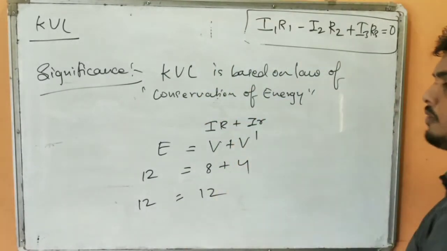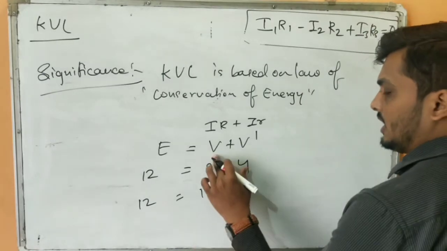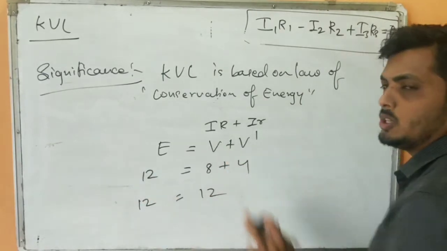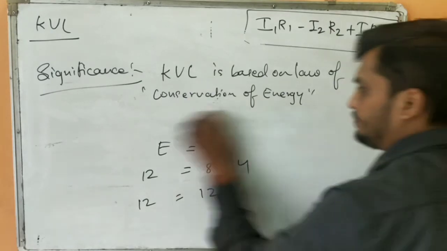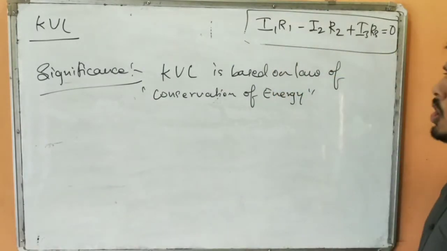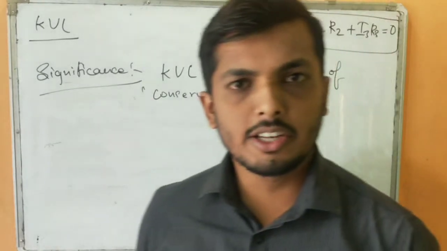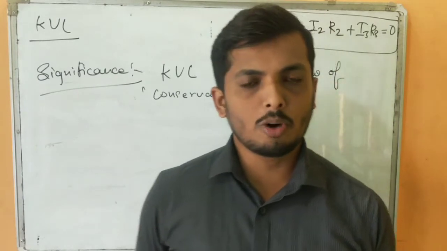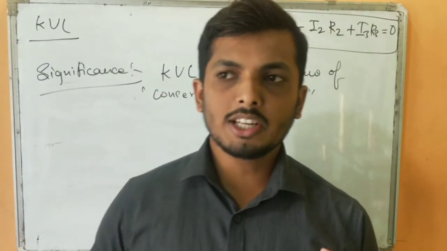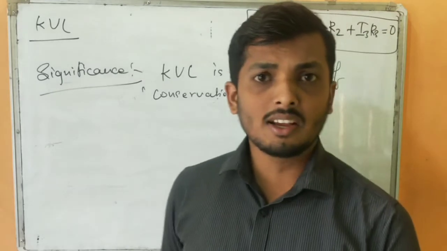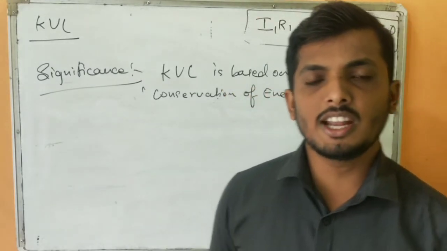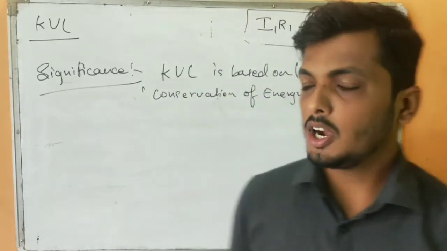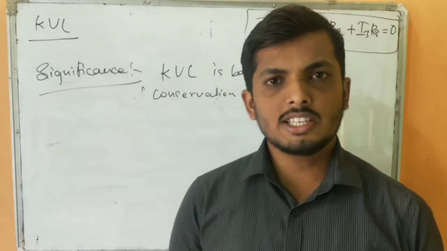So by applying the law of conservation of energy, the sum of the EMF will be equal to the sum of the IR products, which seemed to violate the law of conservation of energy when we were studying the cells. Understood? So the KVL law is based on the law of conservation of energy. It states that energy is neither created nor destroyed. Whatever energy we provide, that much energy we get, but in various forms. Initially we were getting it in terms of potential, and that potential we are indirectly getting as IR products. Understood? So please remember these KCL and KVL laws.